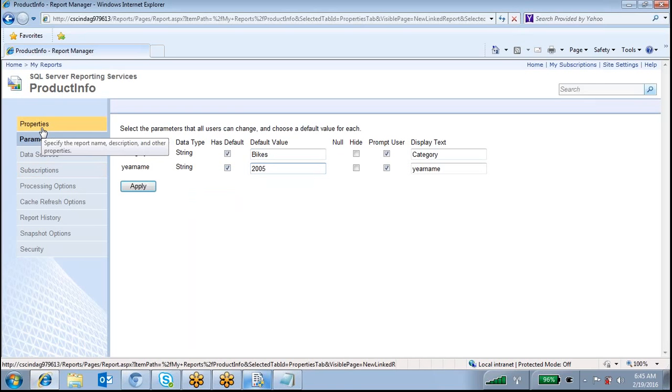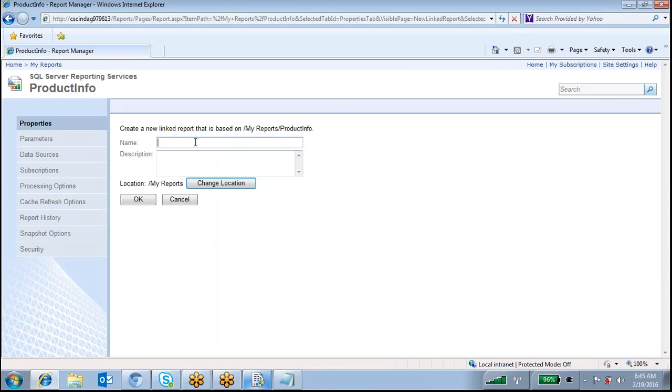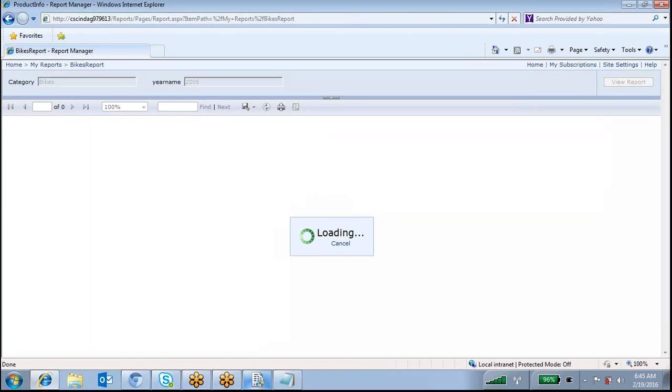Okay, and apply. Sorry, bikes report. Click OK. See, the report is created. So always this report, it will display only this bikes information.